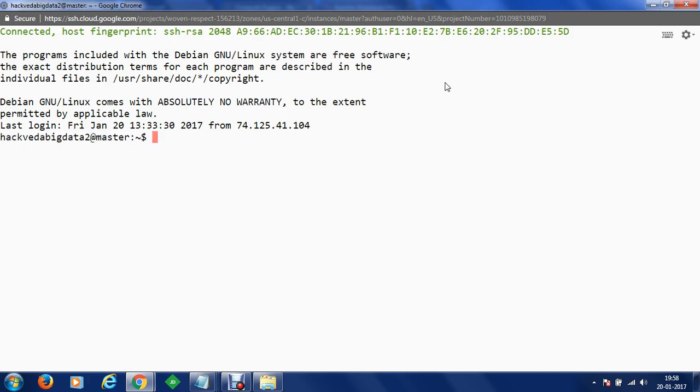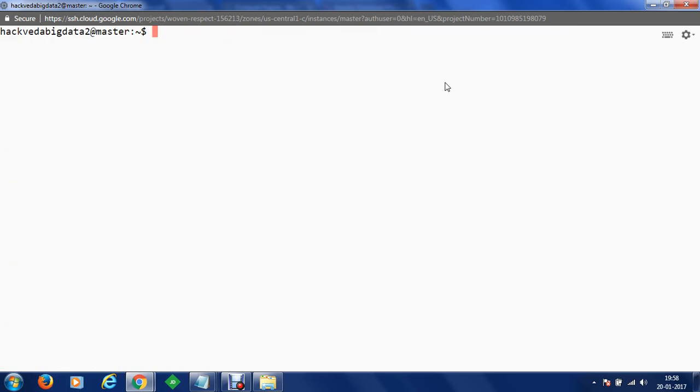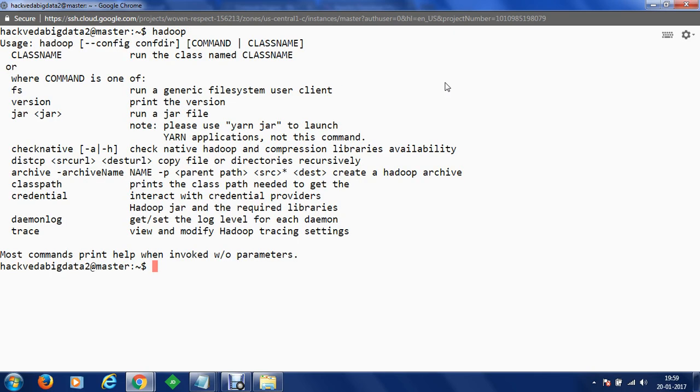Once we have got the connection, now we'd like to test whether the configurations have been done or not. Quickly I can check the configuration for my JAVA_HOME using the echo command, and now you can see that bashrc has executed and we have the home variable set. At the moment, if I type in the command hdfs and enter, you can see that hdfs is now available and set. In the same way, once the Hadoop server starts, we'll be able to use commands like hadoop. So once you have restarted, you will be able to use these commands.